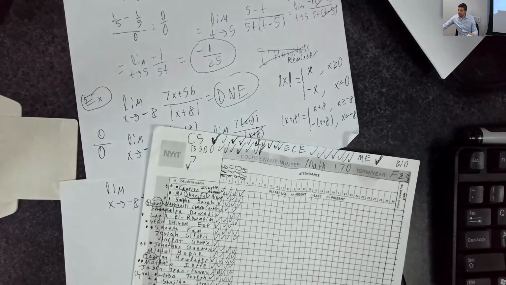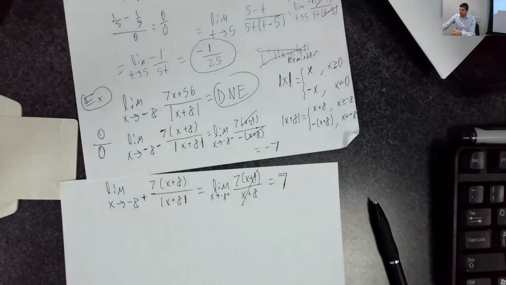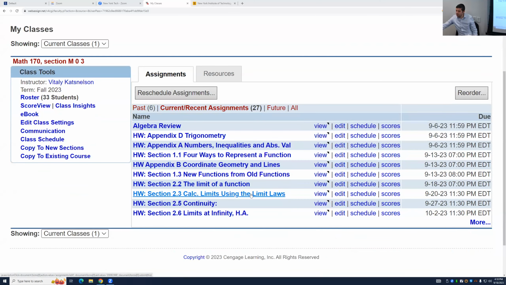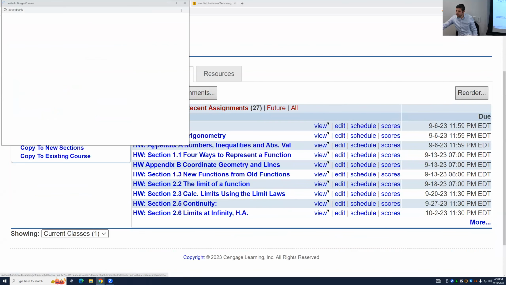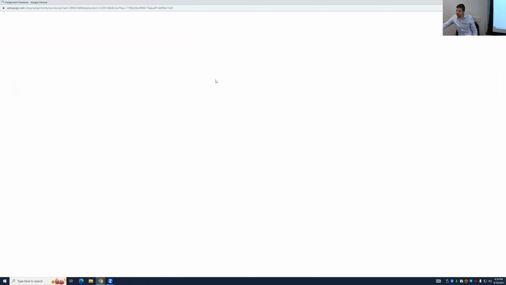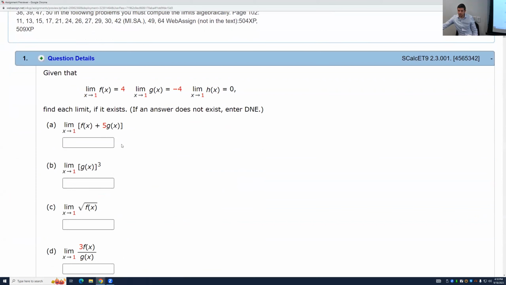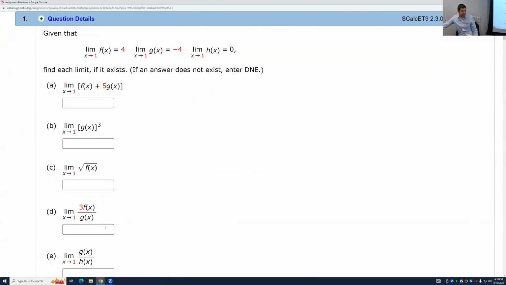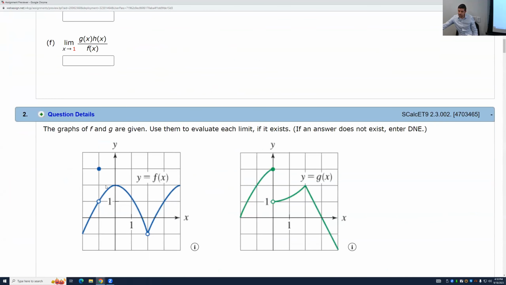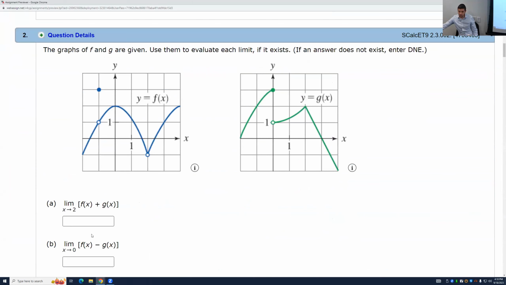Okay, so let me show you how the WebAssign looks. Right, so we were doing 2.3. Okay. So questions like number 1, right? It's like what we did. We just plug in the limits that they gave us, and we just get the right answer using those limit laws. Okay. Similar with number 2, but you'll just use the graph to figure out what the limit of f